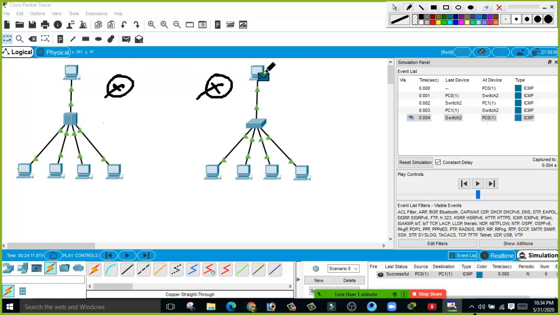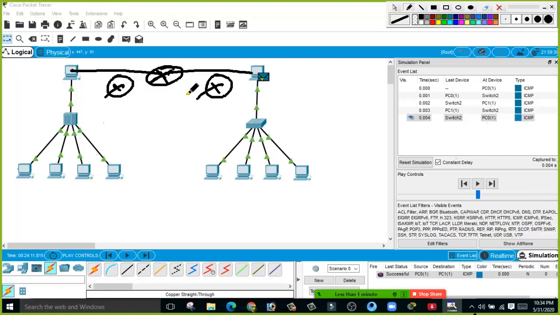But for example, this is one different network and this is another different network, and if you want them to connect with each other, we use one device called a router. So you have to connect both with the help of a router, and then only they can communicate with each other. That is the main work of a router.